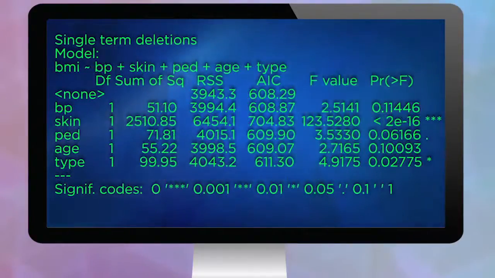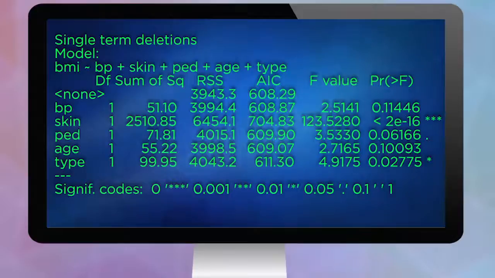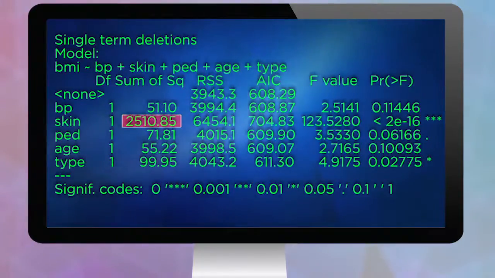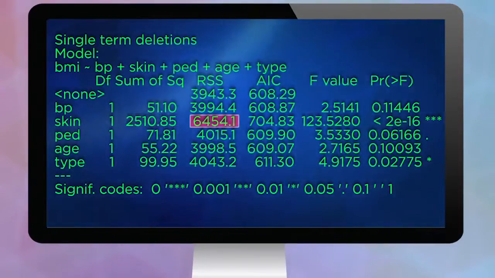All right, here's our resulting model: BP plus skin plus PEG plus age plus type. Notice again some slight shifting of your sum of squares. Skin has the highest sum of squares. It's clearly the most significant, along with body mass index. And the rest of them are just sort of fighting over the scraps. Same with your residual sum of squares. Look how skin encompasses